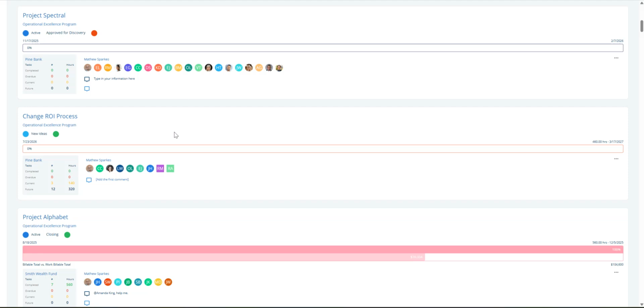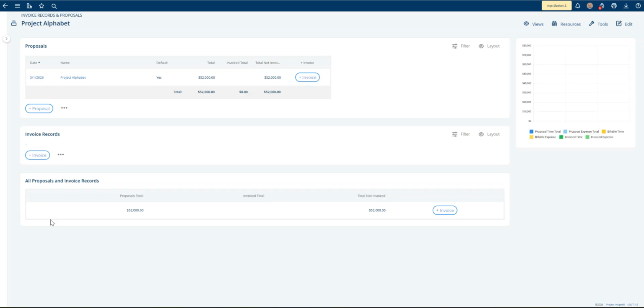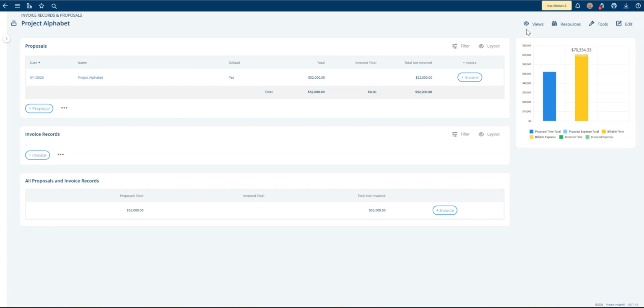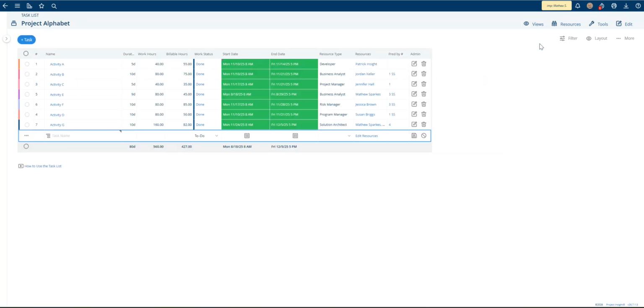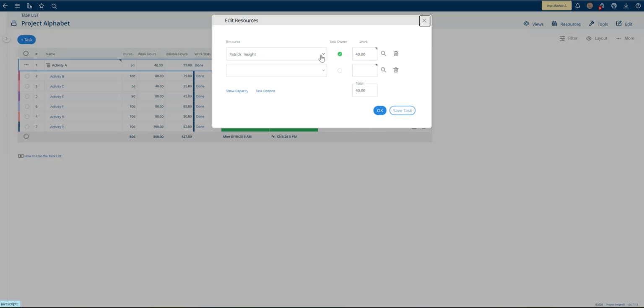Hi, today we're going to talk about what happens when you can't seem to find a resource on a resource list on a specific project. So I'll go into Project Alphabet and we'll just bring up the task list view. And let's say I want to change a resource and I go to my options and I realize, gosh, I'm